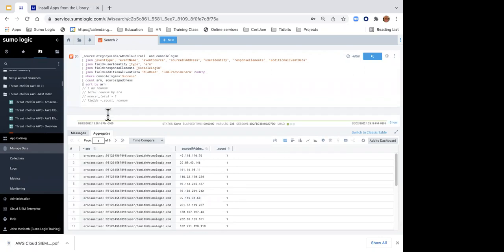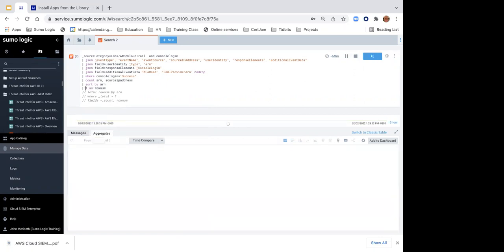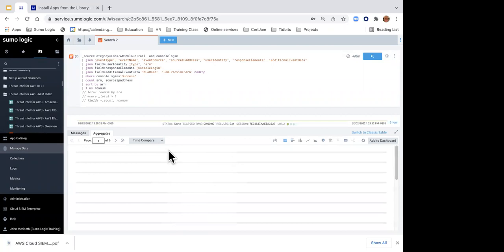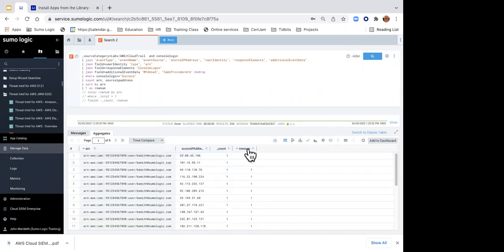And then I'm going to do a little trickery here. I'm going to create a new field called row num. And across my rows, I'm going to set the value equal to 1. So there's row num, 1, 1, 1, 1, 1.